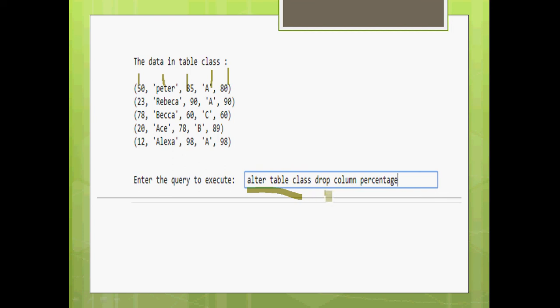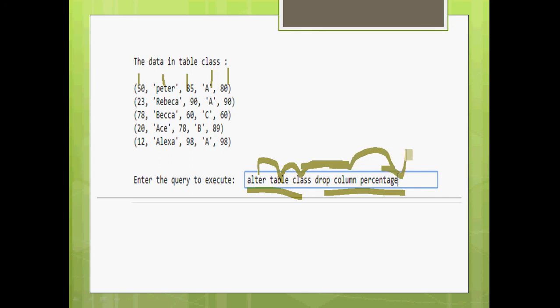Now you want to drop the column percentage. Remember, this is how you drop a particular column using the alter table command: alter table class drop column percentage.